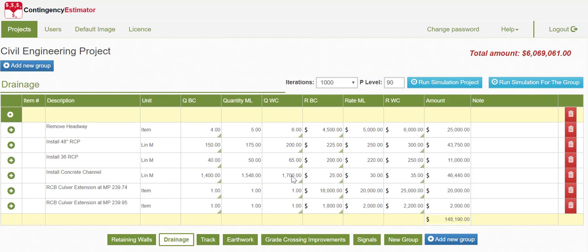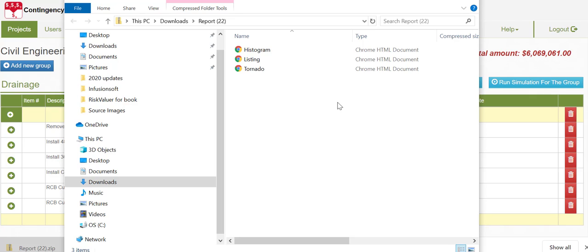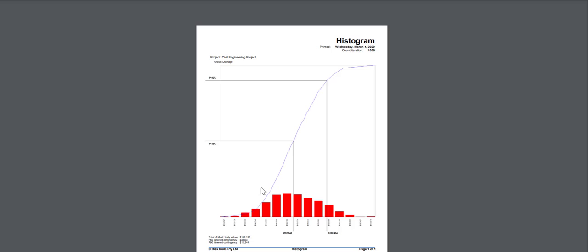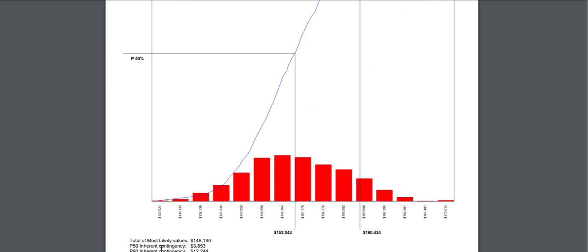A simulation is easily run purely for this particular page by running a simulation for the group. That derives 3 reports: a histogram, a listing of the input data, and a tornado diagram. The histogram shows the cumulative values of 1,000 iterations, and if we zoom in to the bottom, you can see that our estimate item total original estimate is 148,000,